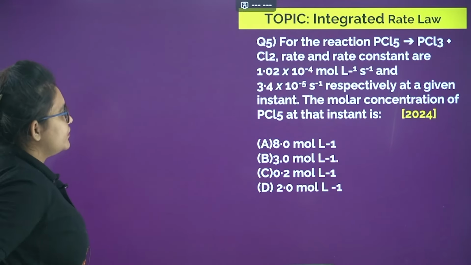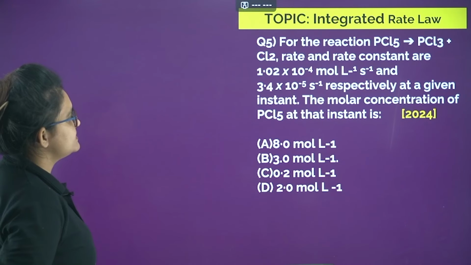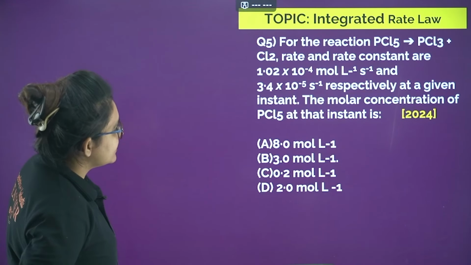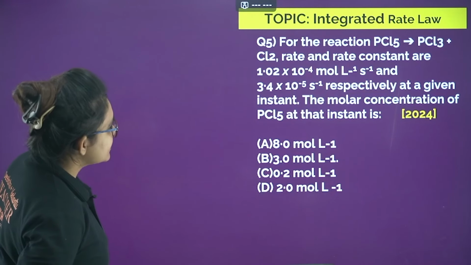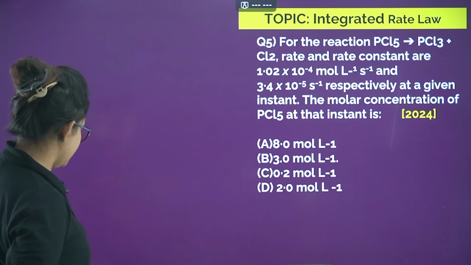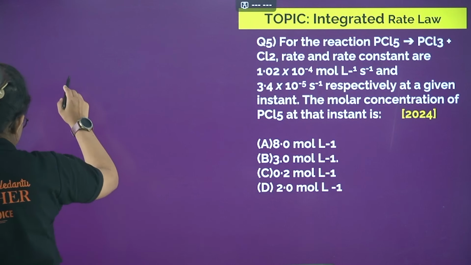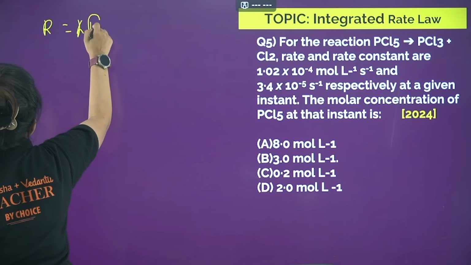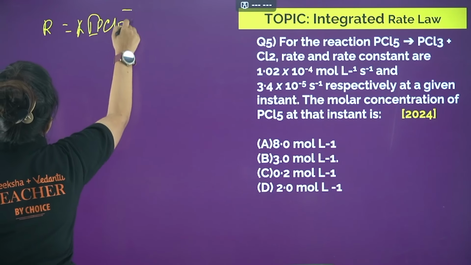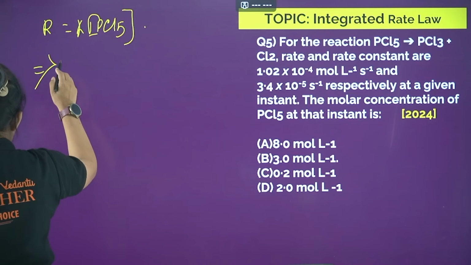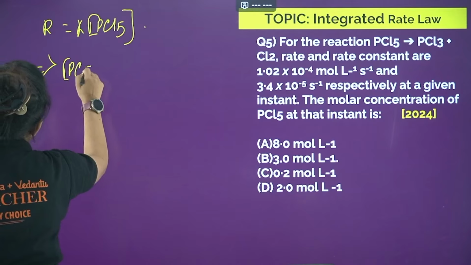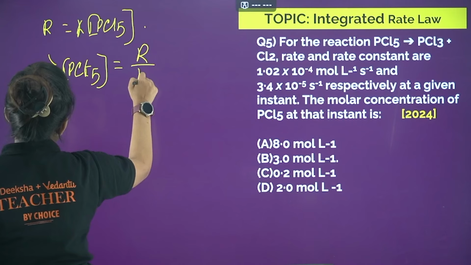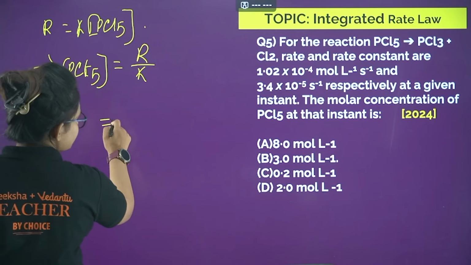So the question is, for the reaction PCl5 gives PCl3 plus Cl2, the rate and the rate constants are given like that. At a given instant, you have to find out the molar concentration of PCl5. Okay, it's also a very easy one. You can see the rate for this reaction is going to be simply K into concentration of PCl5, right? Everything is given here. Concentration of PCl5 you have to find. So it should be R divided by K, right? So R value is given something